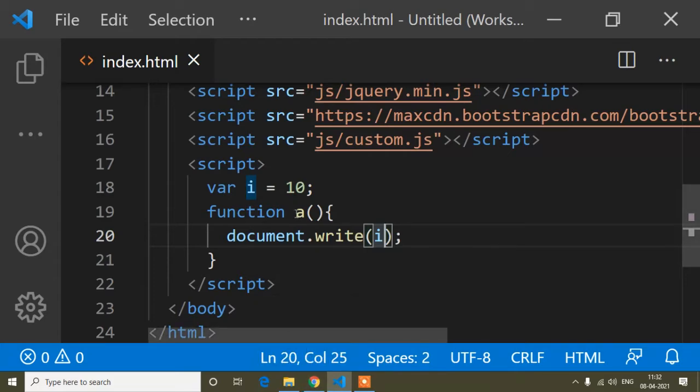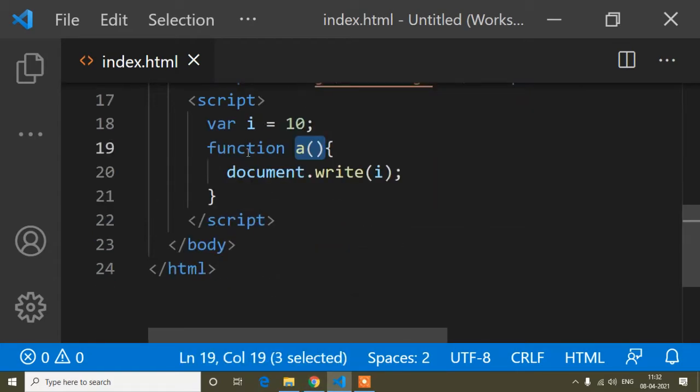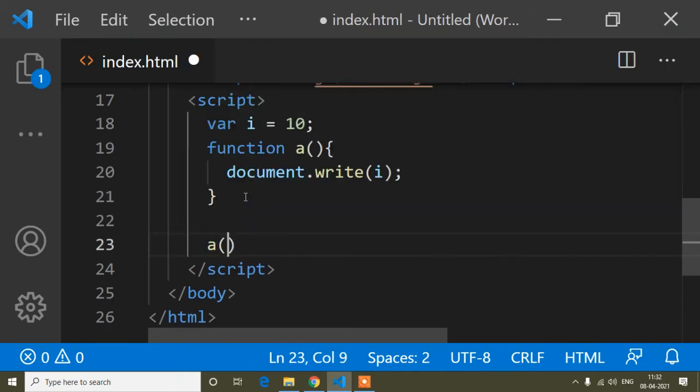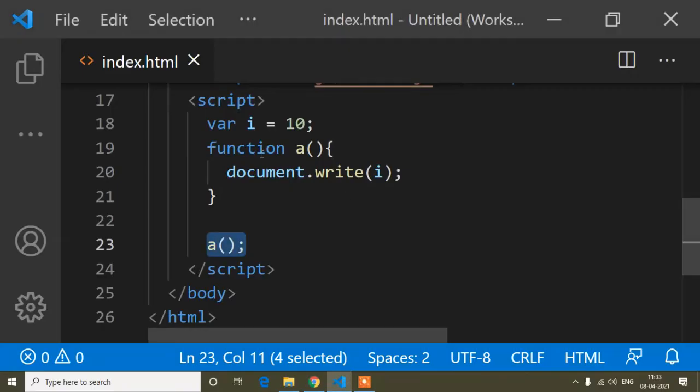Now I have to call this function. The function name is a, so I can call it here. You know how we can call a function: just the function name and parentheses, this way. Save, and now I will refresh. Here you can see I can access the value of this i variable which I assigned outside this function.